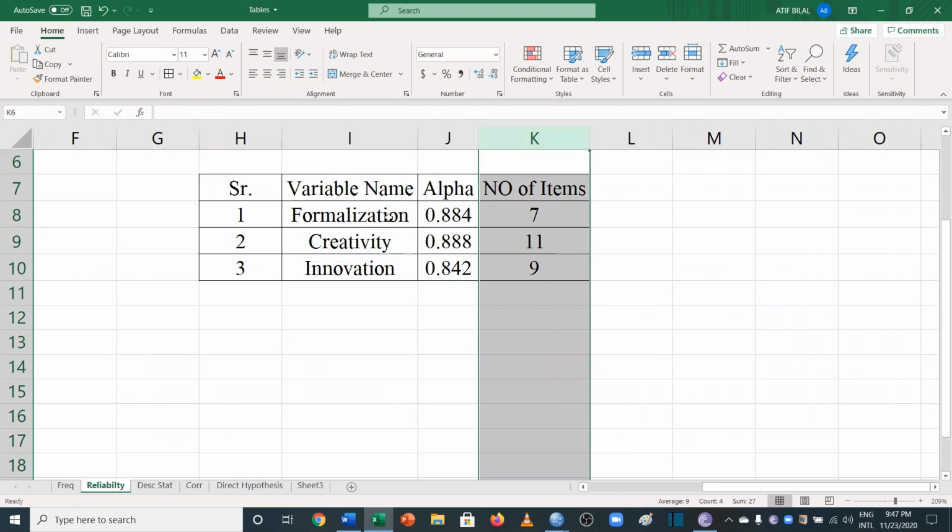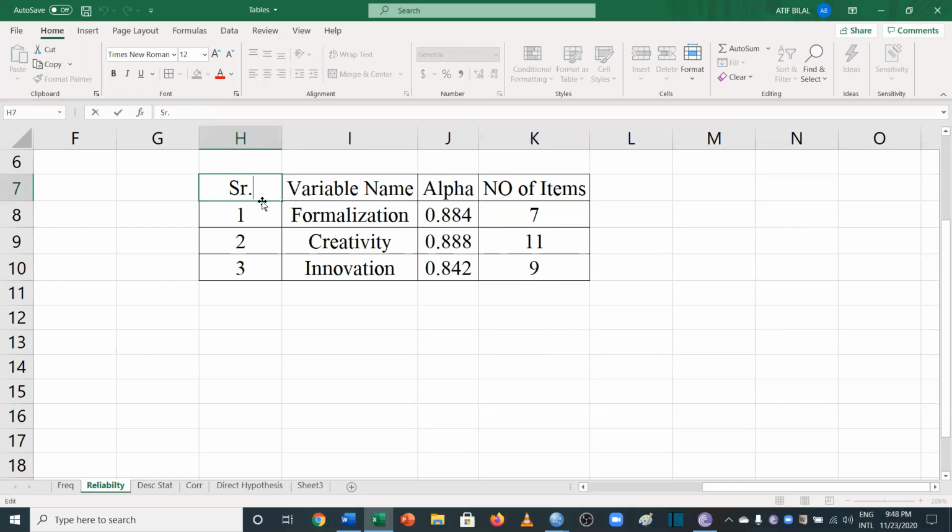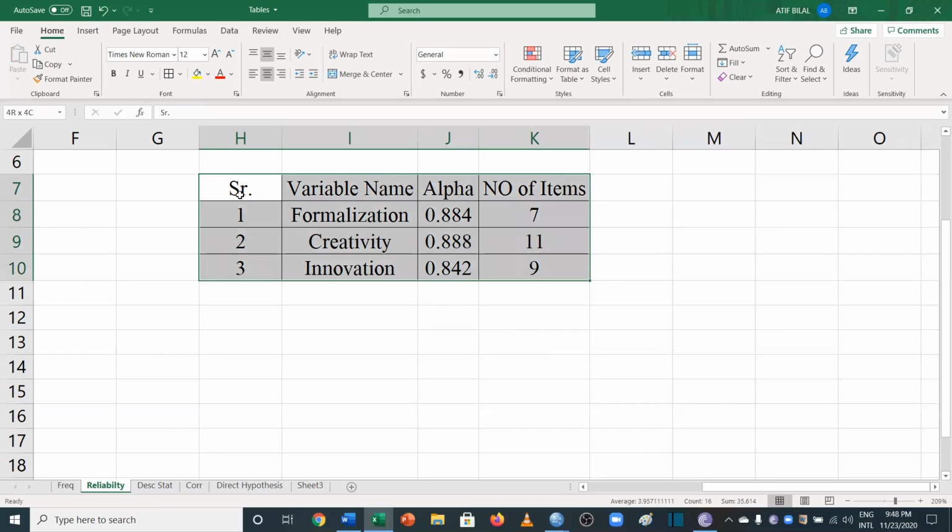So you are going to write the name of your variable here, the Cronbach alpha value that you got from the SPSS here, and the number of items that you're using to measure this variable here. So 1, 2, 3. This shows that in your model, you just have three variables, and these are the Cronbach alpha values. So again, you can take this table from Excel to the Word file